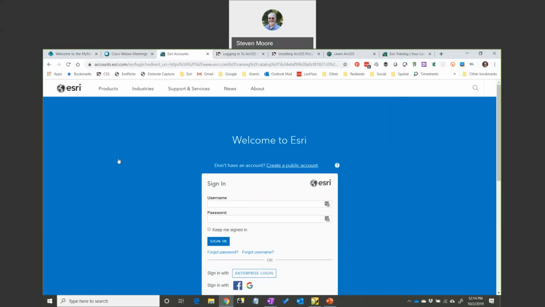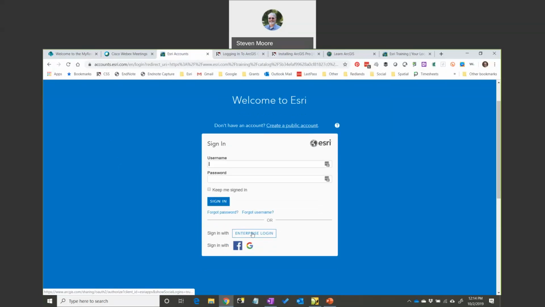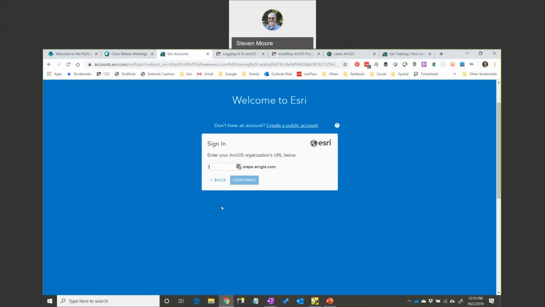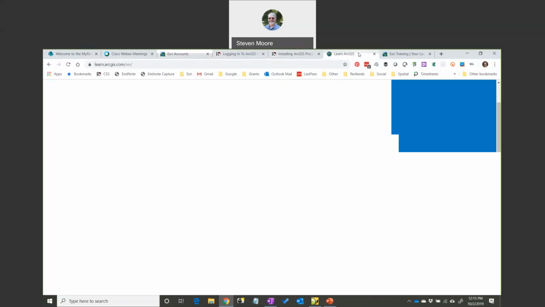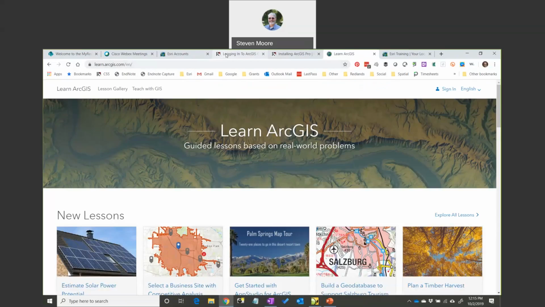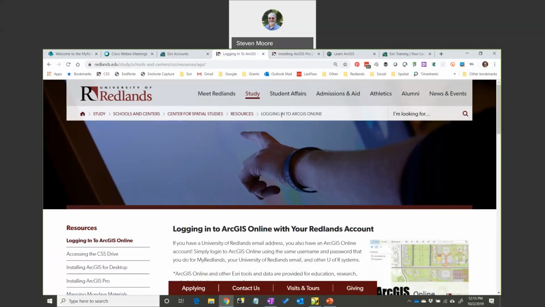Okay, so this is an important thing. There's a couple important things here. If you go to use Esri training, you're going to want to sign in with the enterprise login for the university. Because that will give you access to the maintenance required courses and the instructor-led courses that I'll talk about in a little bit. So we have instructions on how to, I think everyone here has logged in, but for the purpose of the video, the recording right now, I'll just point out that